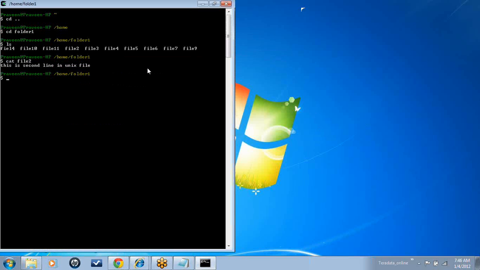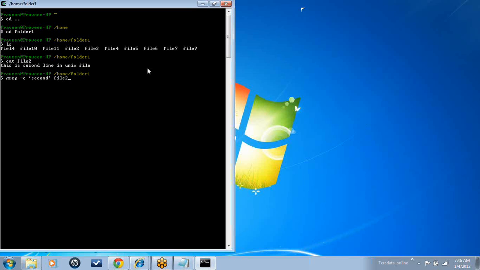What we have seen is grep, then second, which is the pattern I want to search, and I want to use the switch minus C to find out the count of occurrences, right? And then